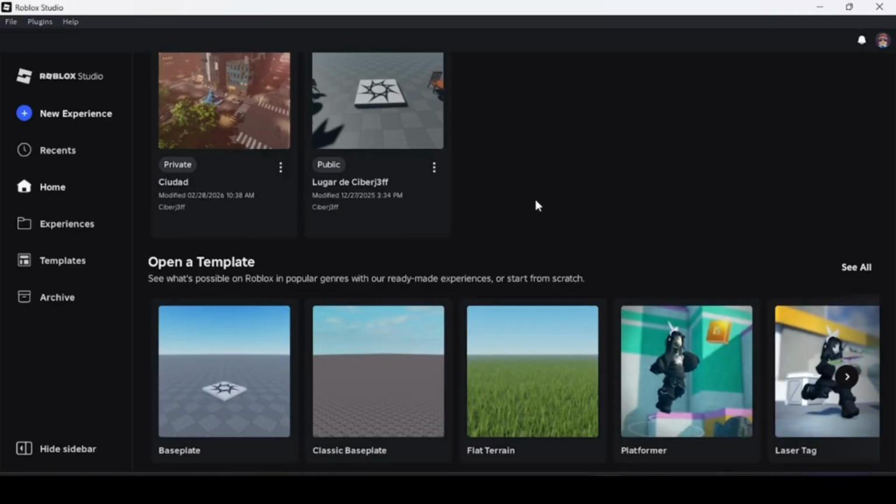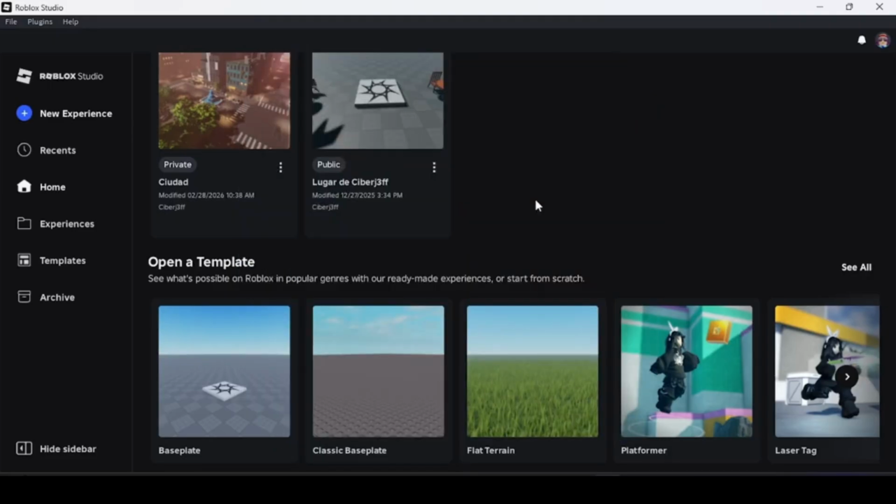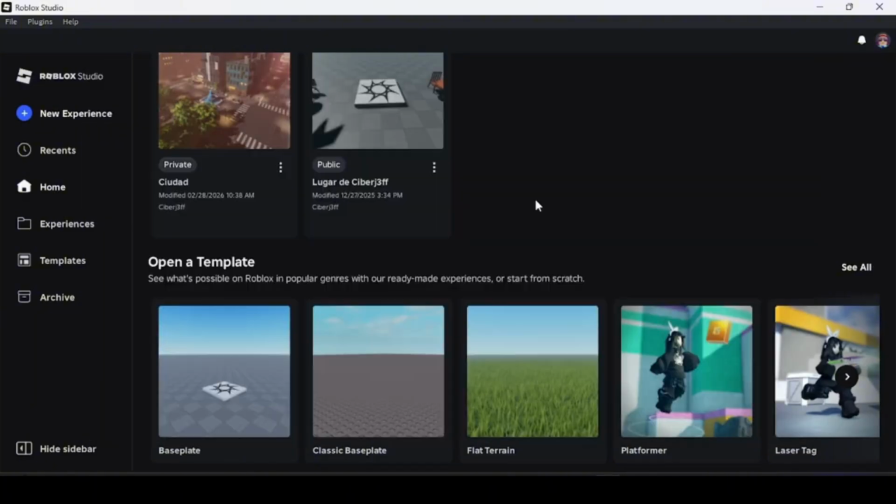For this experiment, we are going to test two very popular artificial intelligences, one specialized in programming and the other very popular and commonly used. We have selected these two mainly for being among the most popular and accessible to most people. The first one is Claude, which has a gigantic database specialized in programming in many languages, and the second is ChatGPT, which we chose for its great popularity and enormous database. So we are going to compare the results of each of these two artificial intelligences for creating a simple game